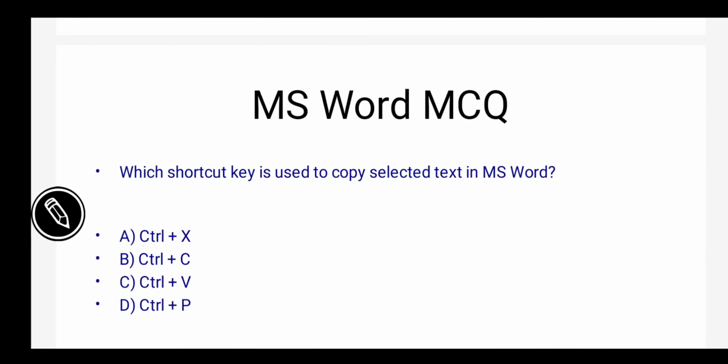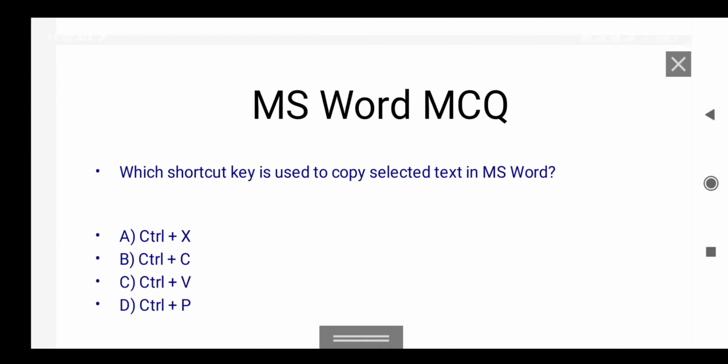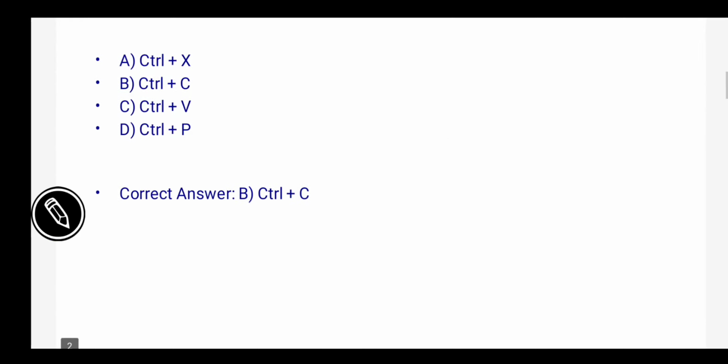Which shortcut key is used to copy selected text in MS Word? The right answer, option D, Ctrl+C, is the right answer. And next question: